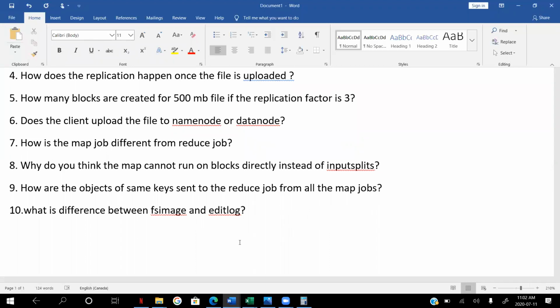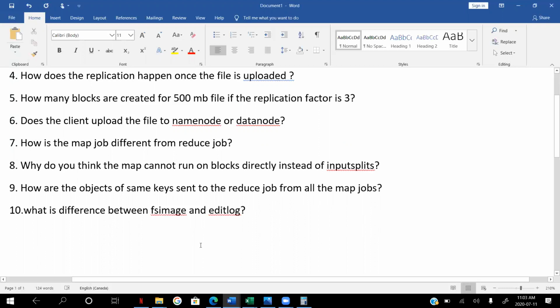When you start your name node in safe mode, it always starts in safe mode, and what it loads in memory is the file system image. After that, if there are any edits or anything of that sort, that goes into the edit log. And what the secondary name node does in the whole process is to